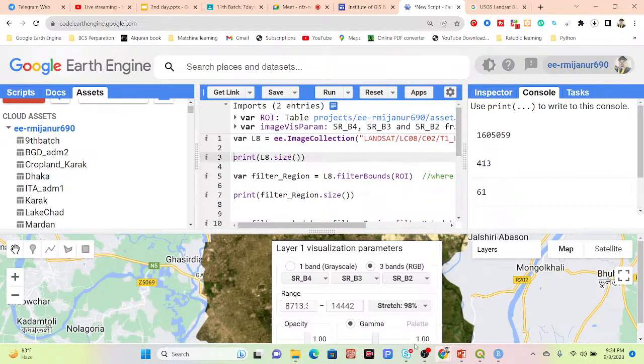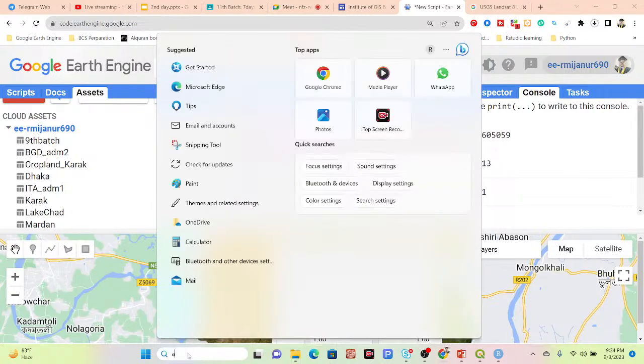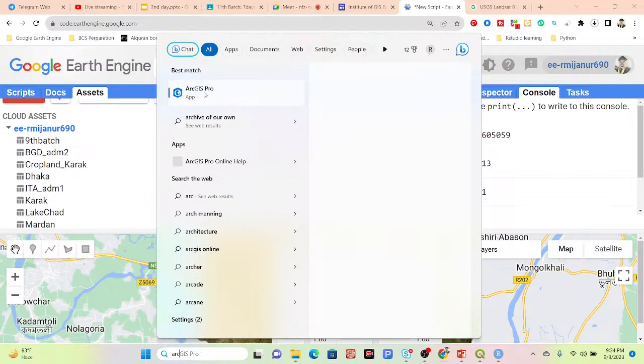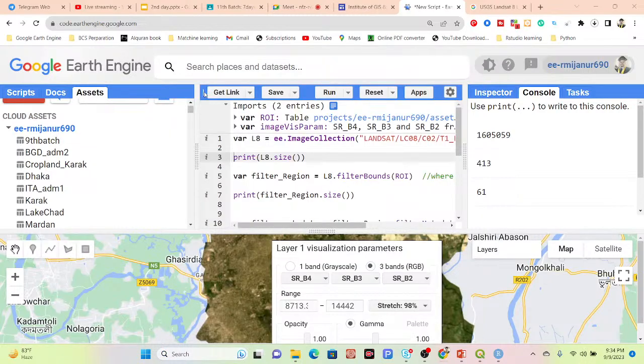You can simply open ArcMap software or QGIS software, then select this and make a shape file. Just a minute, I will show you the process. I open the ArcGIS Pro software and show you. Basically, you have to create the specific boundary shape file, and from that we can